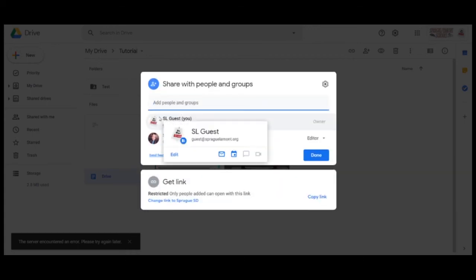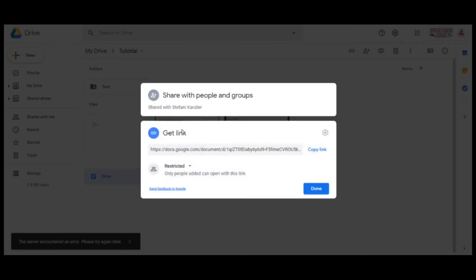Okay, the last thing I want to talk about is this get link section. And this is that hand-in-hand element that I mentioned is just below the share button. So this is if I want to share it via the link, which sometimes is very useful. So right off the bat, when I click this, I have this link, and we can see what the restrictions are. So right now, this link means that only people added can open this link. Okay, but what if I want anybody I give the link to be able to open it? I would hit this down arrow,